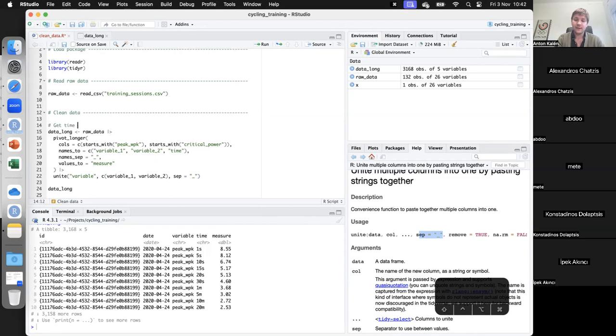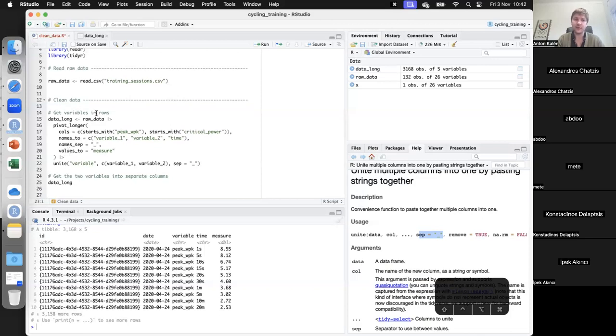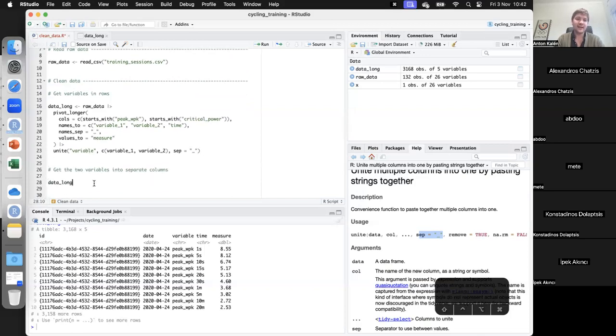Get time periods, or rather get variables in rows, and here we get the two variables into separate columns. Just to remember what we are doing here when we go back to this later on. So we take the data long, and now we do the opposite here. Pivot